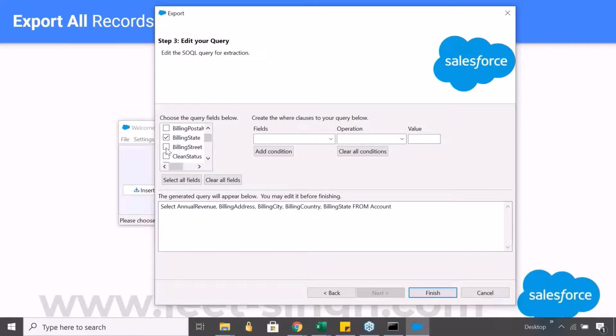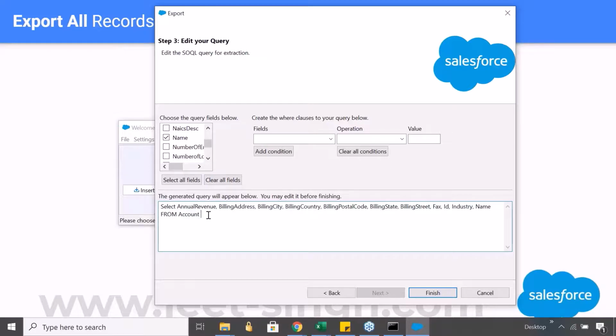Say billing street, postal code, and country. Then ID, industry, fax. Let me take the name field. So you can select whatever fields you want from here.